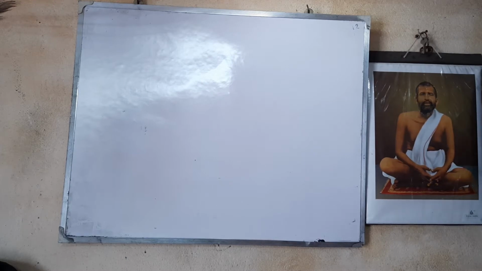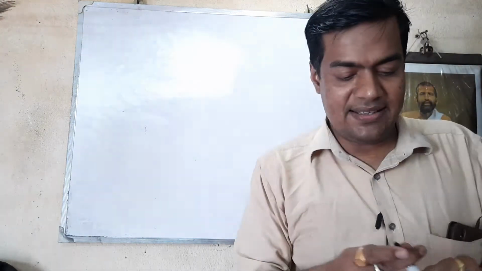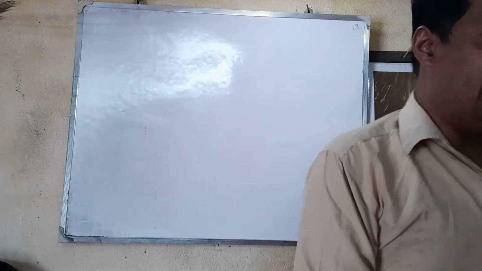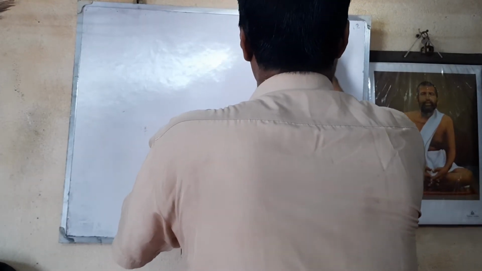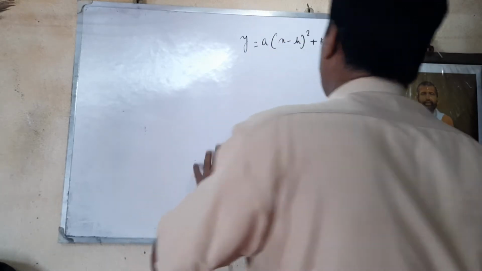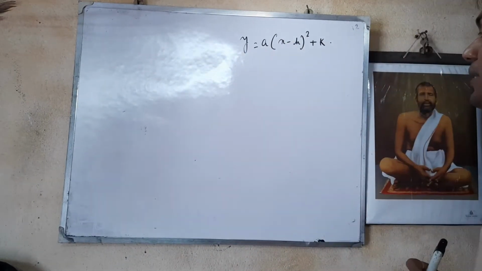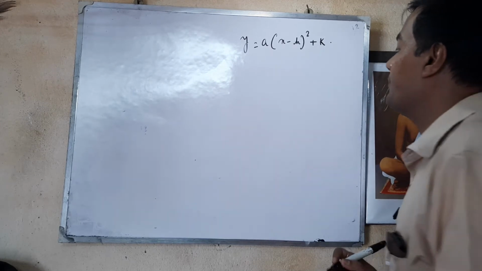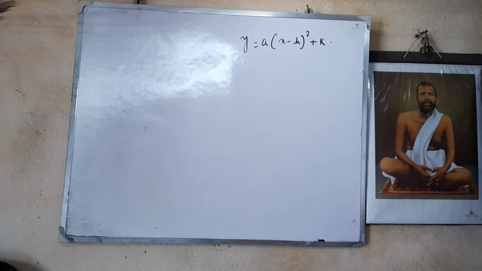Okay, now I am returning back. Sorry for the delay. Okay, let the equation of a parabola be simply represented as y equals a into x minus h whole square plus k. Let it be a general equation of a parabola. Y equals a into x minus h whole square plus k. So if I write this form like that,